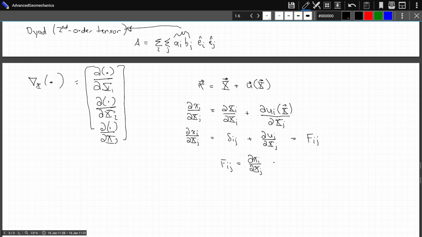And just to be explicit, we need to understand that xi is a function of X1, X2, and X3. Otherwise, it doesn't really make sense to try to take a derivative with respect to big X. So that just gives us another definition of the deformation gradient. Yes, it's I plus grad u transpose, or this, which might be useful, as we'll see later. Okay. Now,